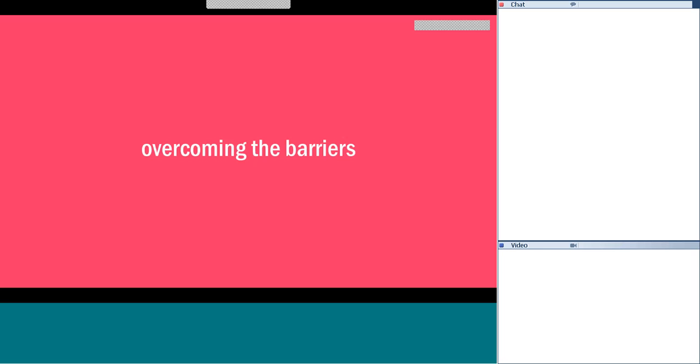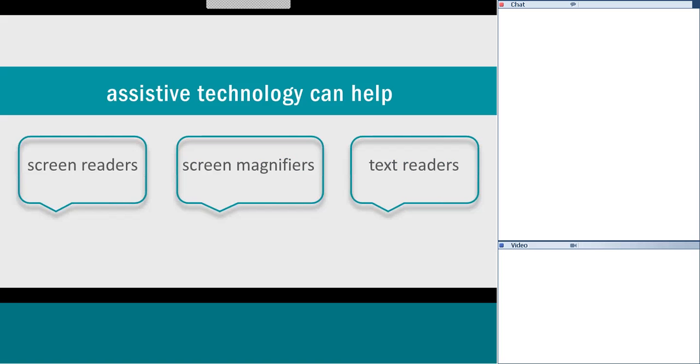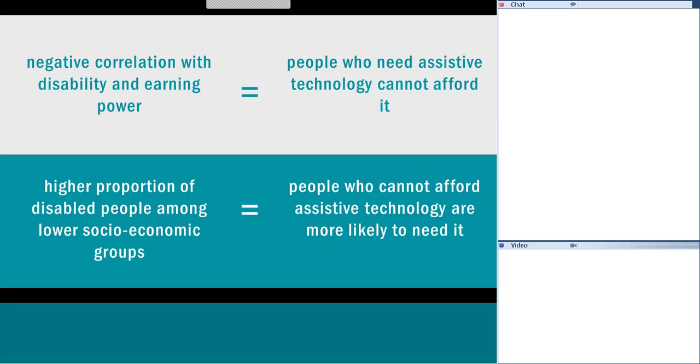The good news, however, is that there are ways to overcome some of these barriers. Assistive technology has been available for over 20 years. So people who are blind can obtain a screen reader or a magnifier to make the text larger when they move across it. And even people with dyslexia could obtain a text reader that will read content out loud. The difficulty, though, is that these all cost money.